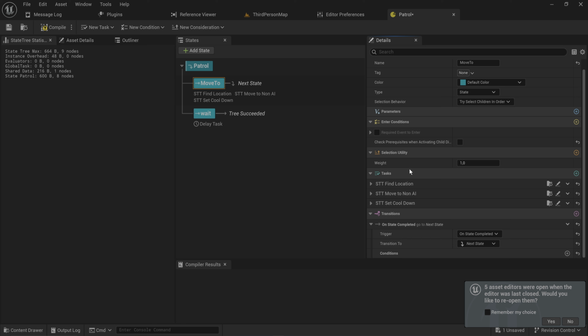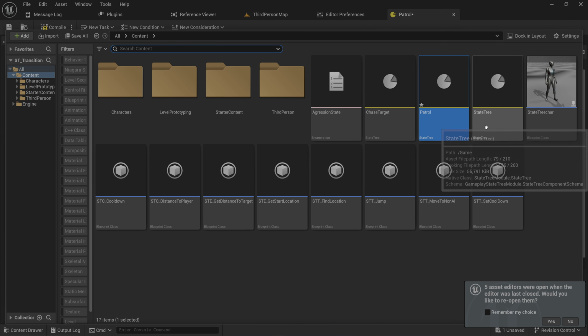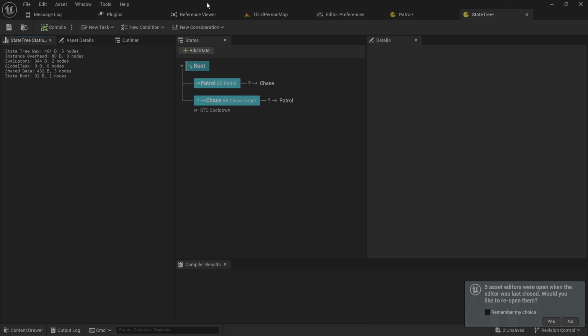So, what are events? Well, events are just messages that you can send to your state tree from other places in your code to tell it to do certain things, or more specifically, to tell it something has happened, and the state tree can then interpret that based on tags to decide whether or not certain states care about it, and if that is even an active state, and deal with it as you set it up to. So what we're going to do is go into the state tree proper, the thing that has both the patrol and the chase state,